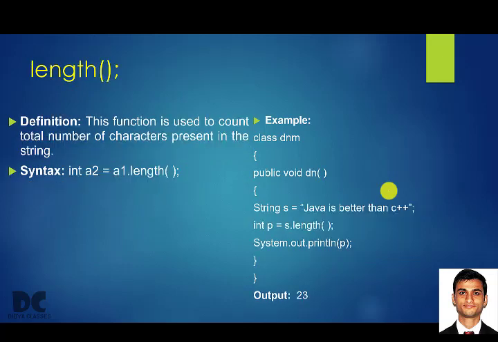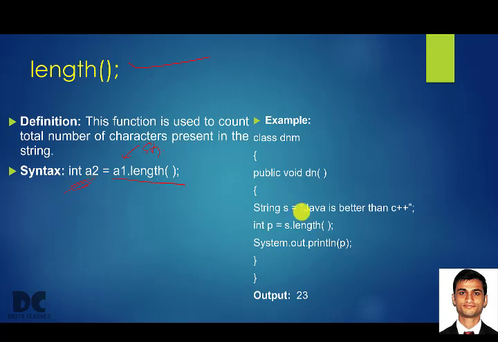And next we'll study about length, and this is a very important function, because in 99% of programs you are going to use this function, and it is also the easiest function. What does the length function do? It will count the number of characters present in a string, and the syntax is variable.length, where this variable is the string variable. Whatever string you have inputted, you want to find the length of it. So length means it will be a number. Like there are 5 characters, there are 100 characters, there are 1000 characters. Therefore, you have taken the data type as int.